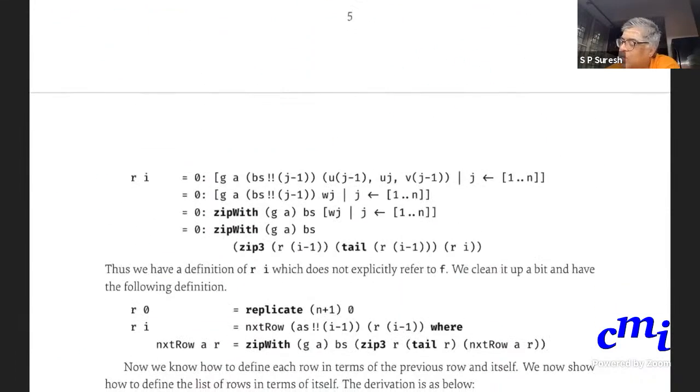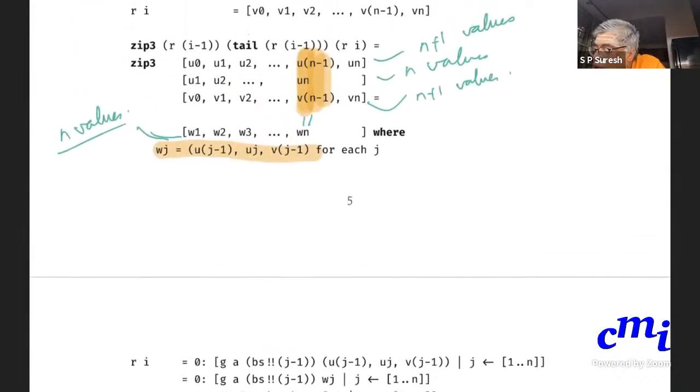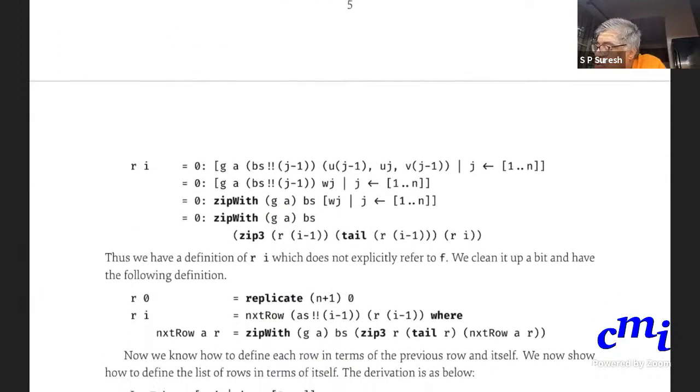I am writing it here as u j minus 1, u j, and v j minus 1. But now, for all j ranging from 1 to n, this is nothing but, in my shorthand, this wj. Is it wj or wj minus 1? Wj, that is right. So this whole thing becomes wj.